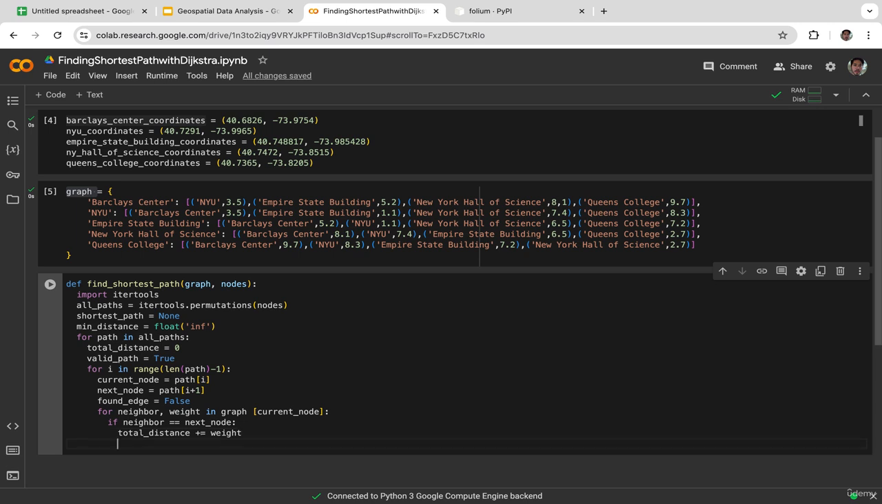Next, we are going to set the found edge to true. Let's copy and paste this variable. Okay, next, we are going to exit the loop since the edge is found. Break. Next, we are going to create another conditional statement to check if no edge is found. If not found edge,